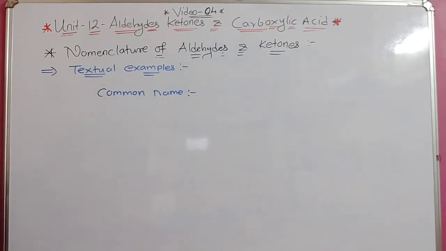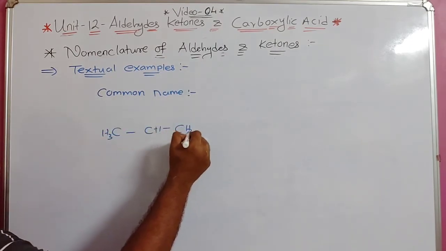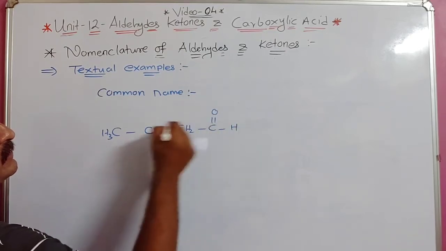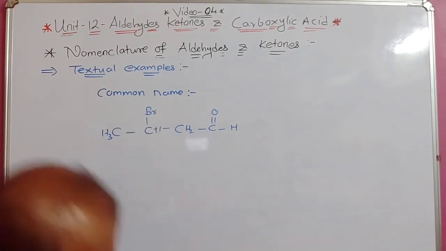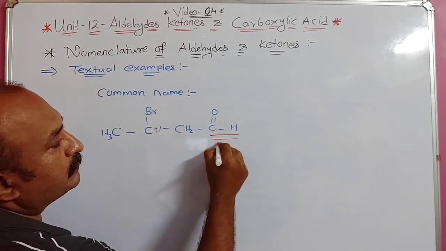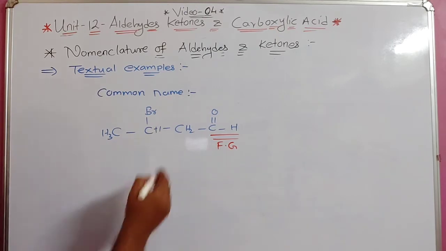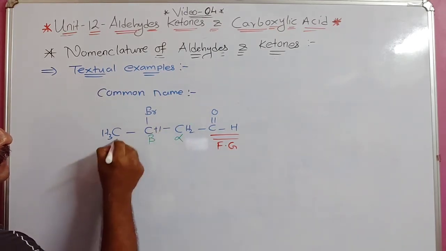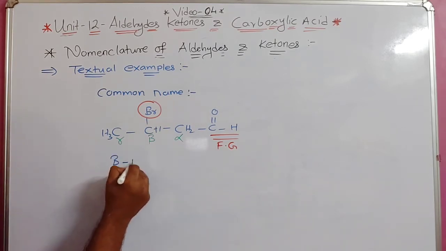Another example is written like this: CH3, CH, CH2, C double bond O and H, and here I think Br is there. I already explained that this is the functional group. The carbon next to the functional group is the alpha carbon, then this is beta and this is gamma. When I want to name it, we know that bromine is always written as a prefix. Bromine is at the beta position, so I can write beta bromo,